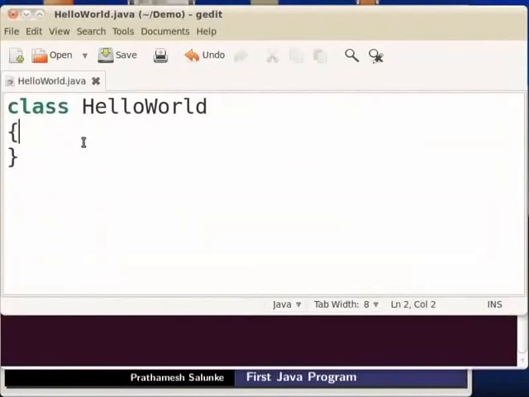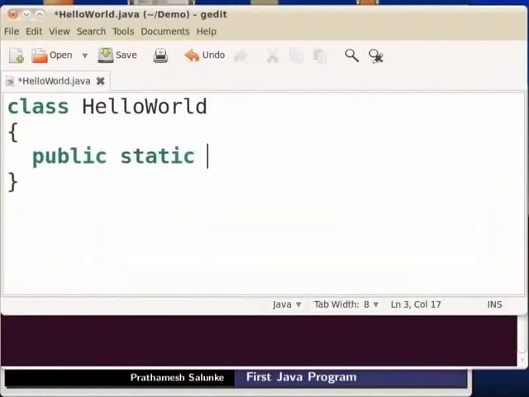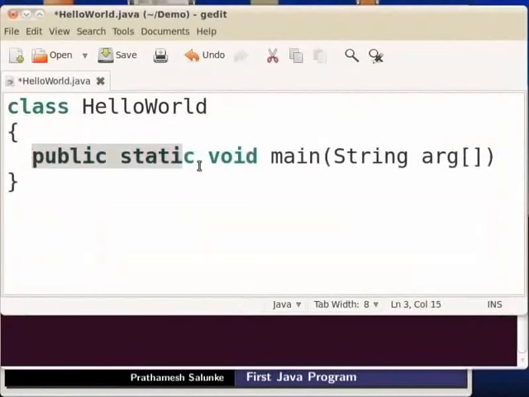Inside the class, we write the main method. So type public static void main parenthesis, inside parenthesis String args square brackets. Main function marks the starting point of the program.